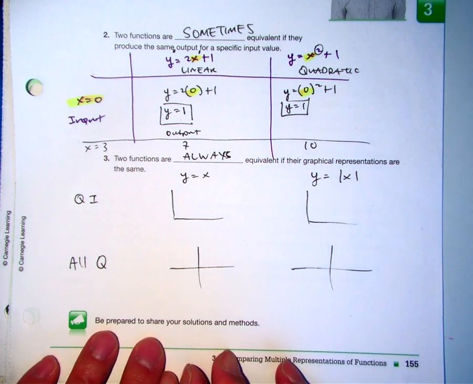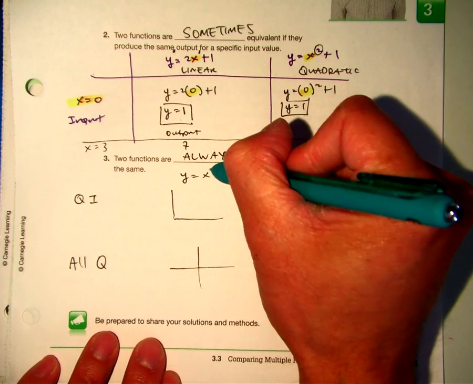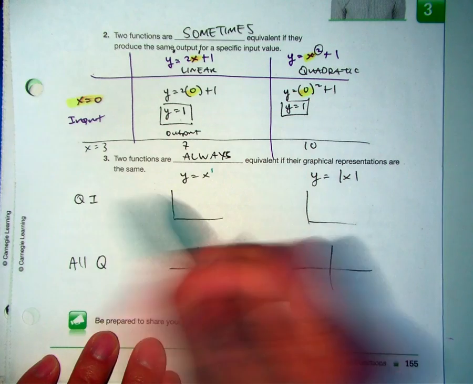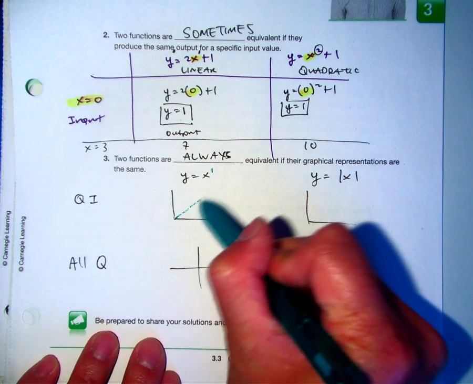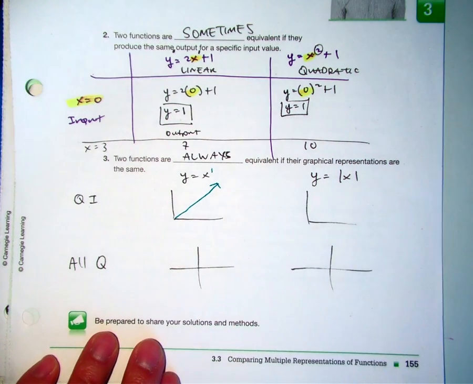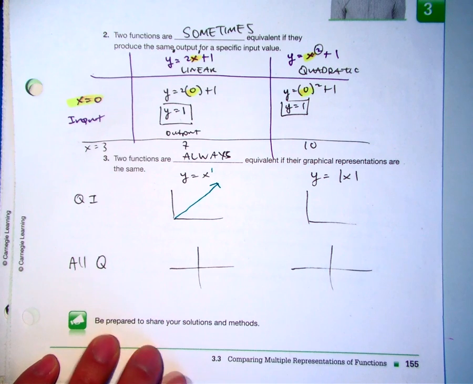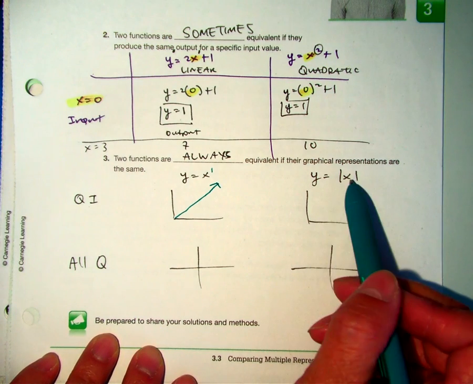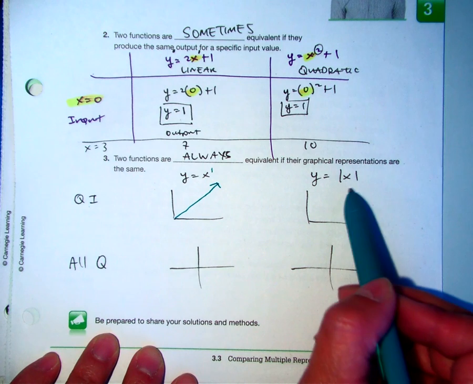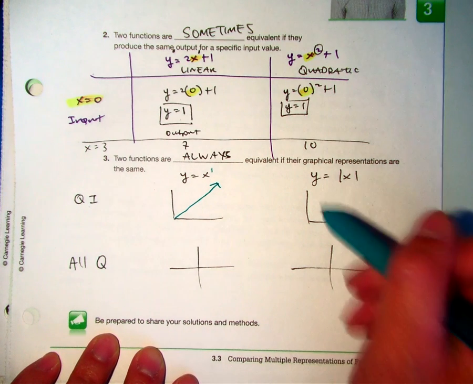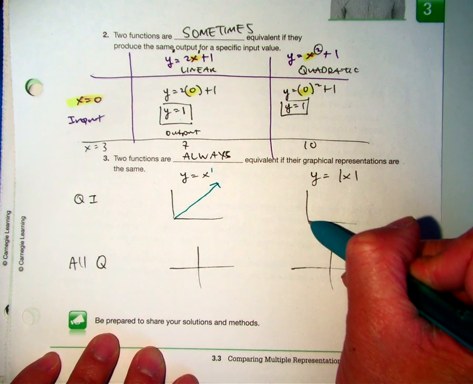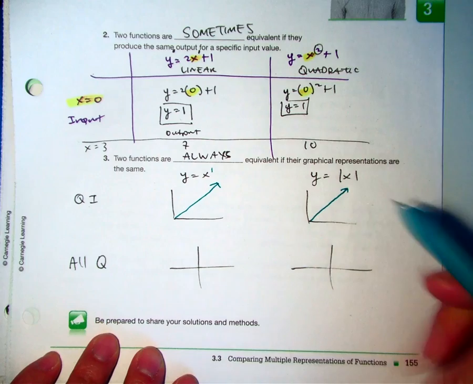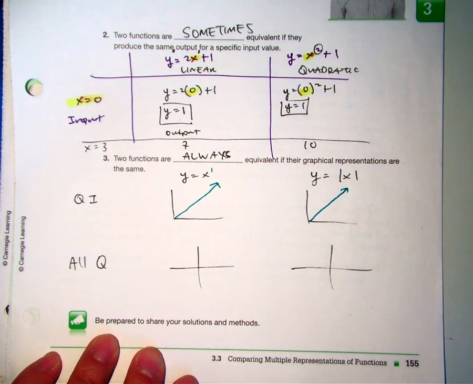Alright, if you graph y equals x, that's a linear, and your graph looks like this in quadrant 1. It's just a straight line. And then maybe in Math 3, you learned about y equals absolute value of x. Does anyone know what that graph looks like? Well, it also looks like a straight line in quadrant 1. But if you do all of the